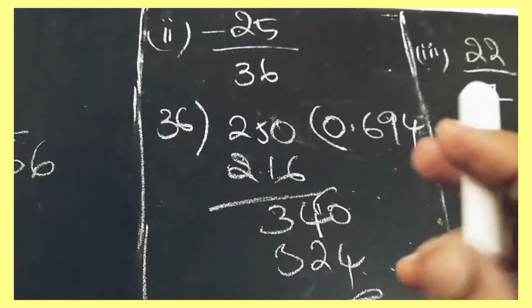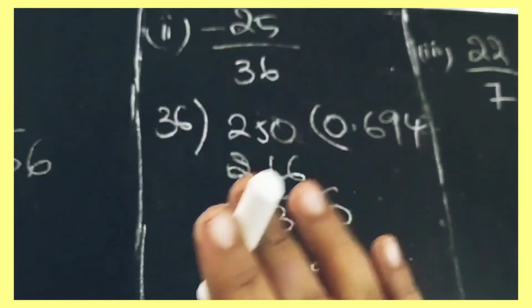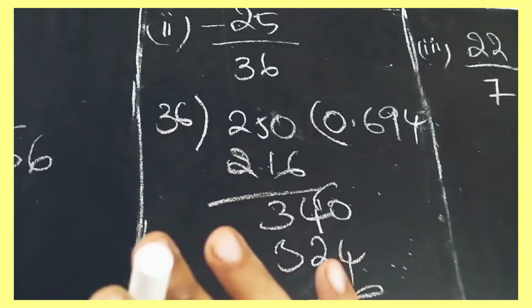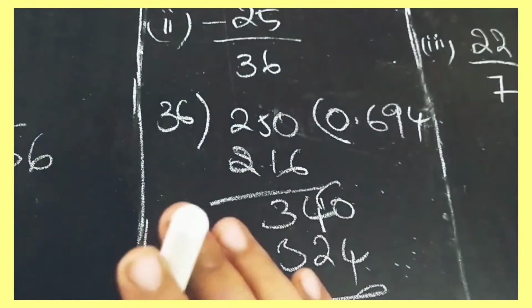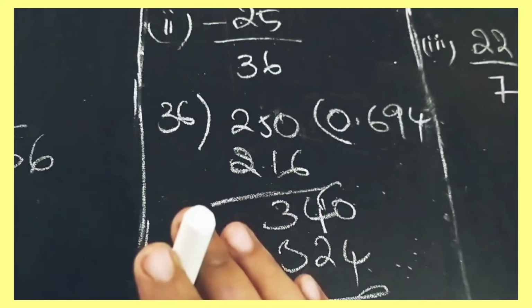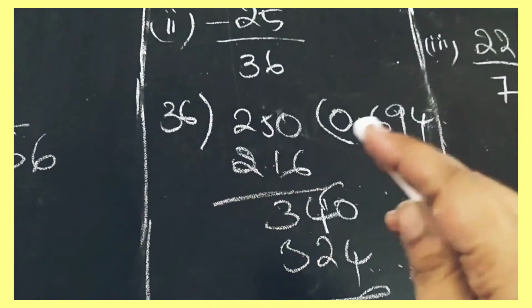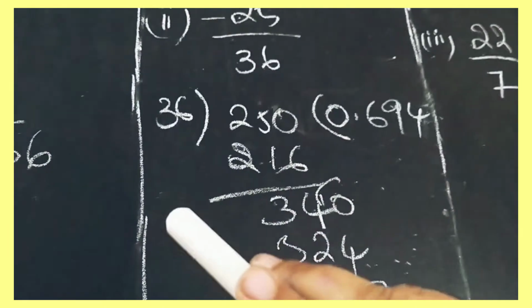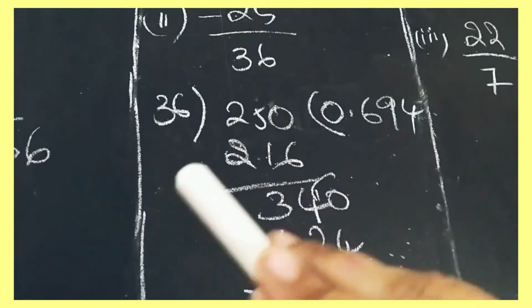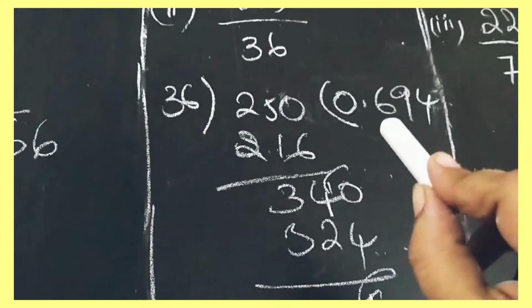Now the second sum is minus 25 by 36. Minus, you have to keep like this only. So again we have to divide this 25 with this 36. 25 doesn't go in 36 table. So what you have to do, again take 0 point, and make this 25 as 250. So how many times does this 250 go in the 36 table? It doesn't. So you can take 36 6s are.